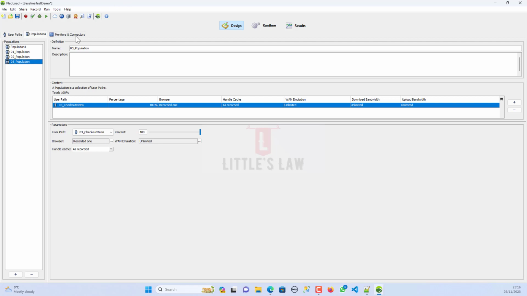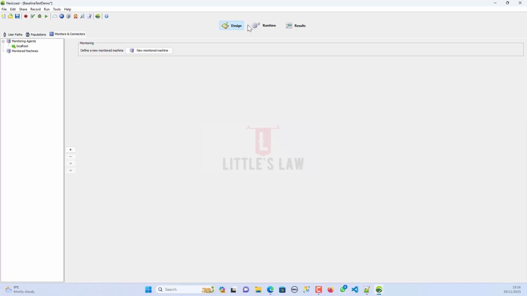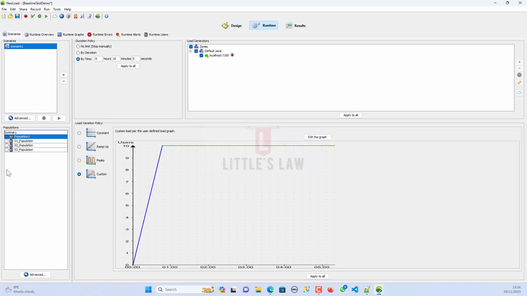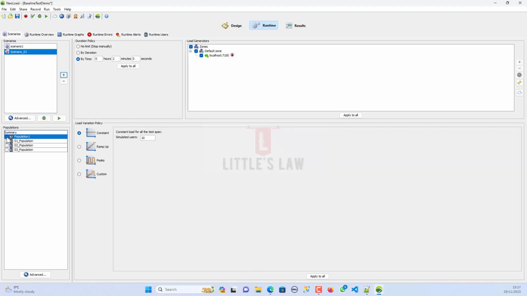And then we have to set up the monitors and connectors. And then when it comes to the runtime, here I have the first scenario where I have population 1, where I have distributed the users into percentage, or I can create another scenario, which is scenario underscore 02. And in this scenario, I will add the populations in three different users. So here I'm going to add just